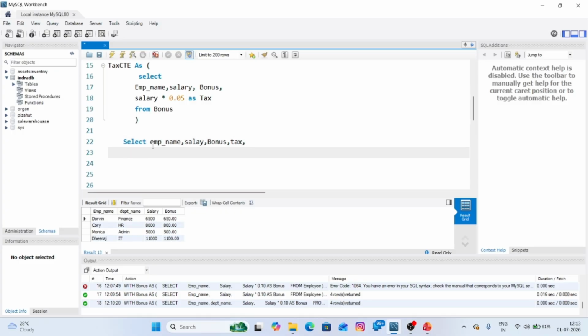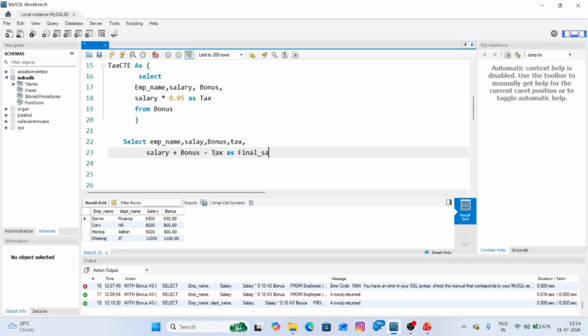Then I'm going to add one more column, that is called final salary: salary plus bonus minus tax. Leave a bit of space here. I'm calling this final salary structure.